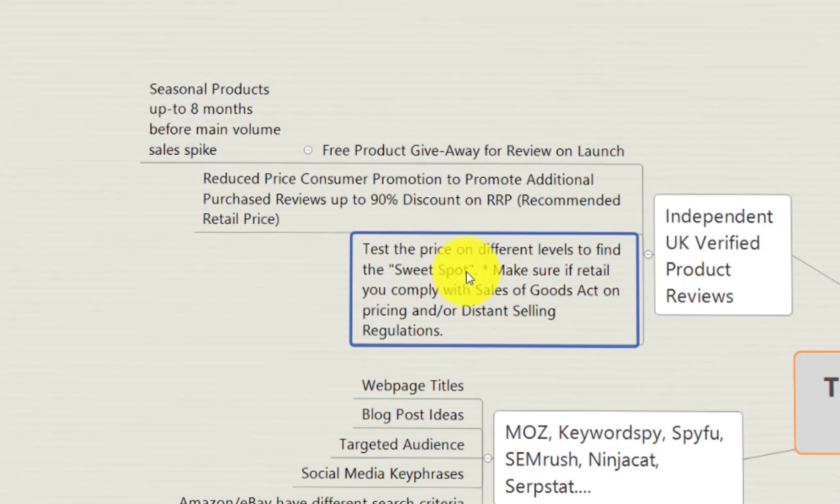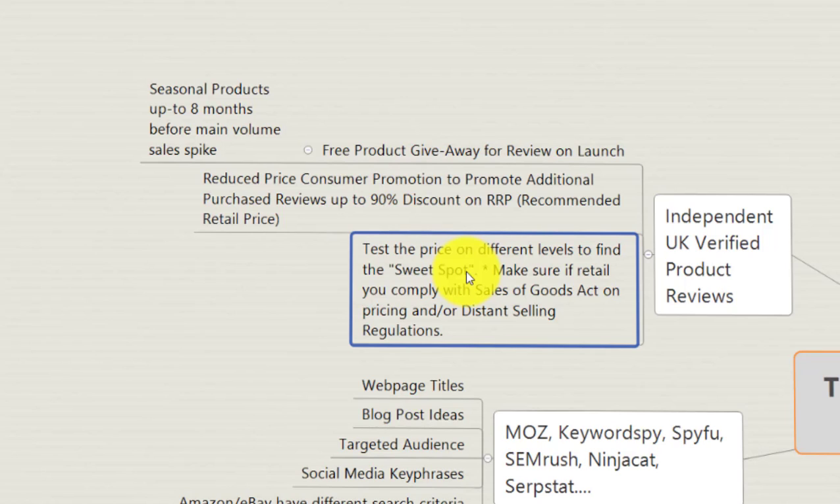So whilst you've got something displayed at the high recommended retail price, before you start putting on your bonuses, your savings, your sale prices, etc., at least that's when you can give away and get your reviews from people who are on test. But also make sure you're complying with the Sale of Goods Act and the distance selling regulations. So there you go. Find your sweet spot,